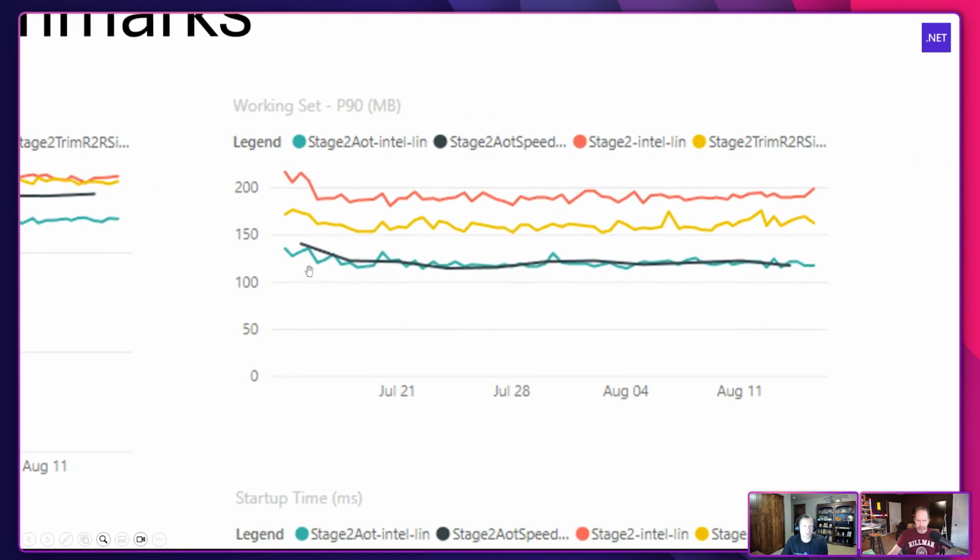So moving over to the working set, those two AOT ones you see are much lower, right? If memory footprint is a thing you're trying to optimize for, here we're getting just under 200 megs of working set for the default publish. And it trims it by 35%-ish, right? Down to 120.